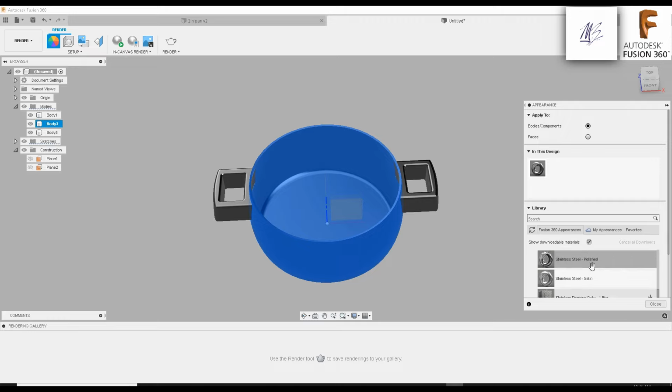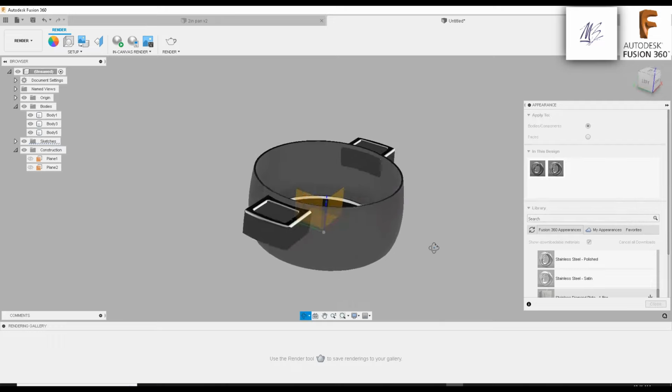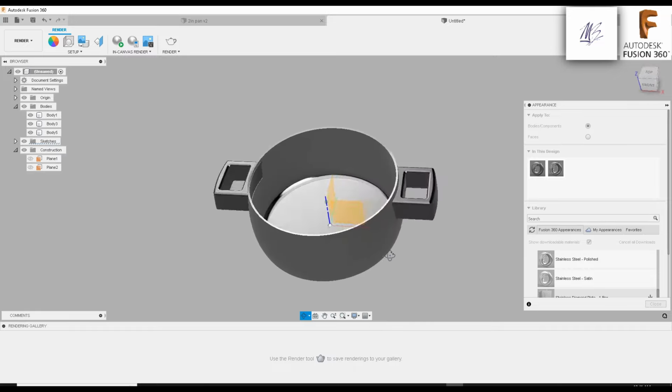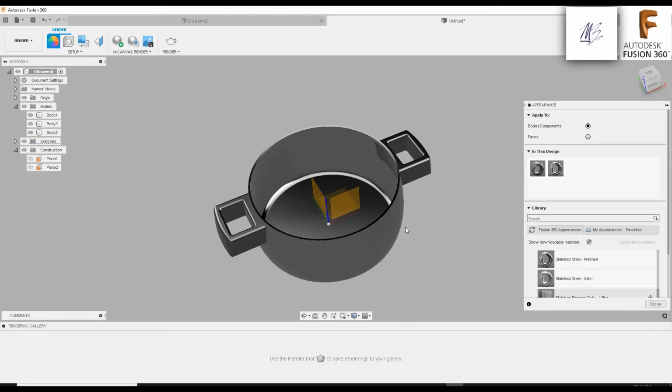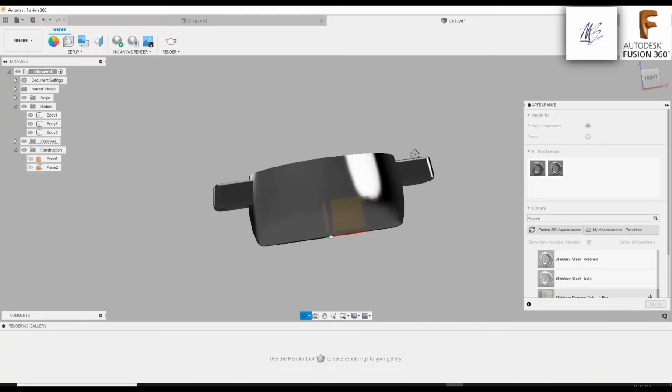polish. Drag it up here, left drag. Now let's drag this over with the left, and you see how it highlights the body of the pot. Drop it in, and you could barely see the difference, but there is a difference. All right, now we have to figure out the material for the handle,